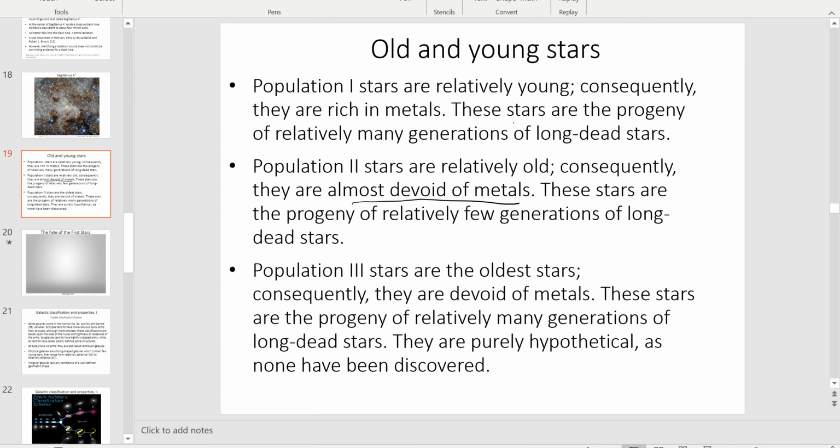If a star is 10 billion years old, it cannot be the result of many of these generations of stars that lived and died. Whereas stars that are just forming today are going to be the results. They're forming literally out of the gases that came from many generations of long dead stars. And so there's been more time for metal to build up. That's the point. The very first stars that formed had no metals at all because there were no metals in the universe. Metals can only form inside stars, and the very first stars, therefore, did not have any metals.